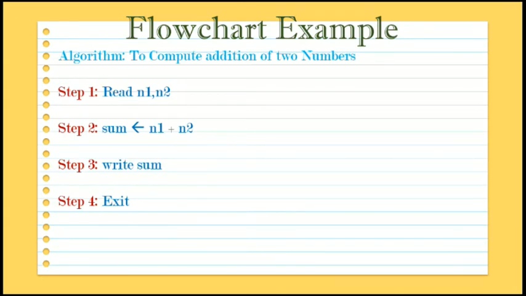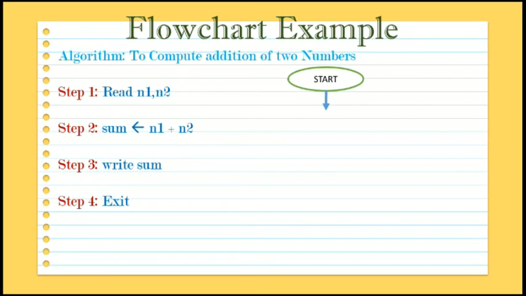Now we have the algorithm to compute the addition of two numbers. So we will convert this algorithm into flowchart. So while creating any flowchart, the first step will be start. We have to start the flowchart first, and last step will be stop to end the flowchart. So start is denoted by symbol oval, and so after creating the first step, the flow should go to the next level, and we use the symbol arrow to make the flow.